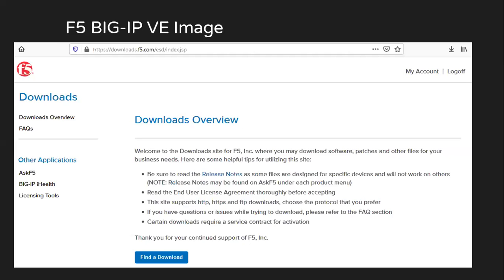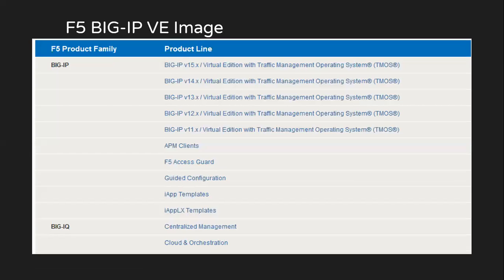Now to get the images for BigIP as well as BigIQ, we will be going to downloads.f5.com. In here, you have to log in with your credentials, and after you log in, you will see an option for find a download. Once I click on find a download, it will take me to this page where I'll see different F5 product families.